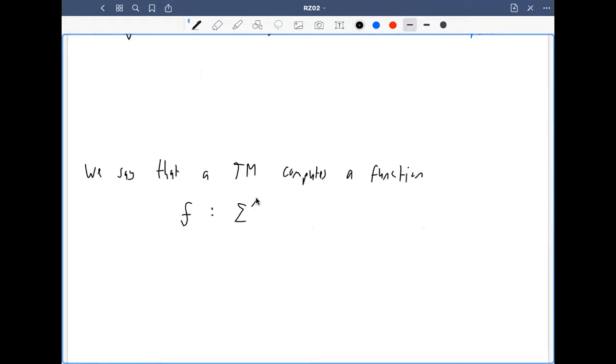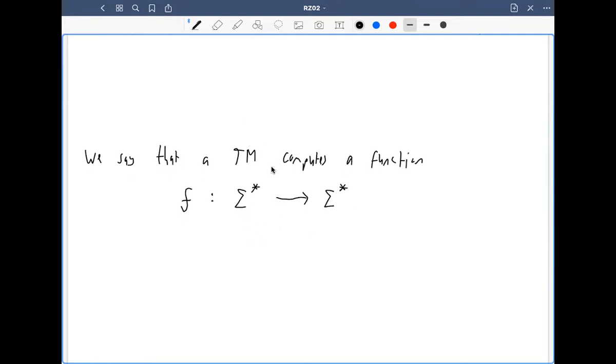A complicated example would be a function over a suitable alphabet where we can give a large integer in, and the function will return some suitable word that represents the prime factorization of the large integer. But we're interested in functions from the set of words to the set of words. So it computes a function if